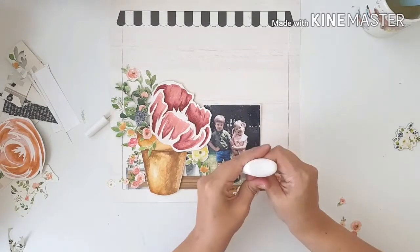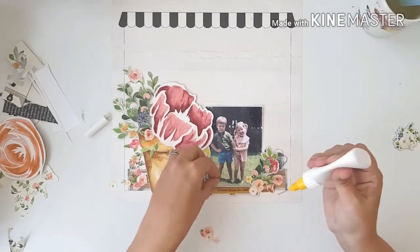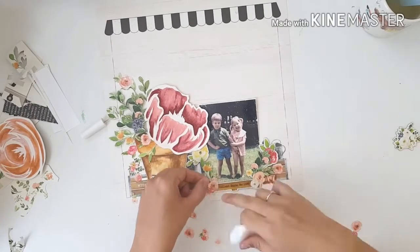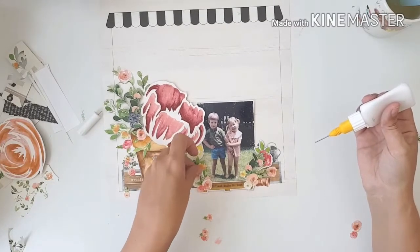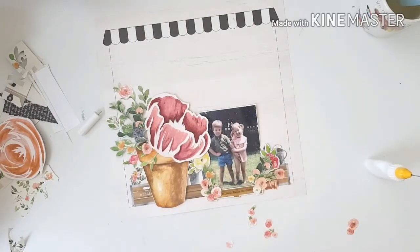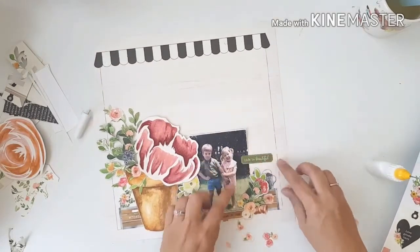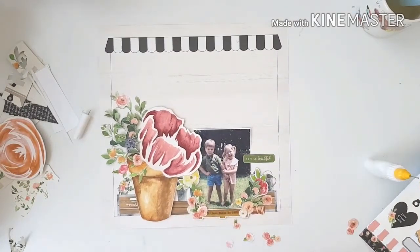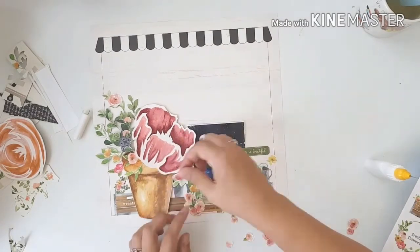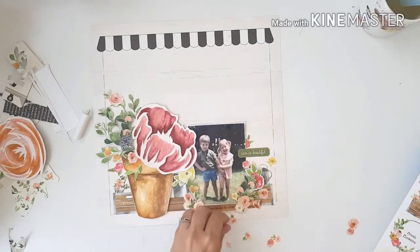And there you go. I'm just going to come in with those fussy cut flowers and just layer them and place them around the photo and around that little flower box, so that it looks like they're standing in the flower box. I did want to use some of those chipboard flowers. I got to use 2 of them, and I just didn't use the one with the lots of flowers on it. But yes, I'm just bringing in some more stickers from the 12x12 sticker sheet,